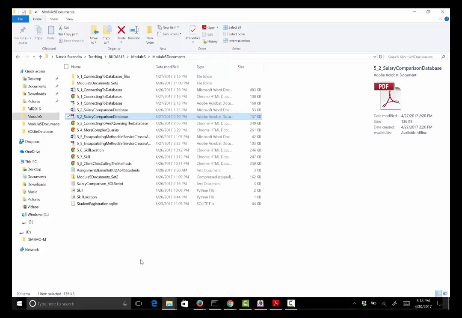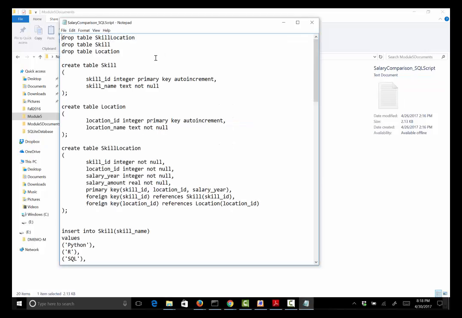download. For SQL, the simplest seems to be writing the script and saving it in a text file. So I just use Notepad, and I posted this on eCampus for you to download. So if you need to restart, you can just keep dropping the tables, but